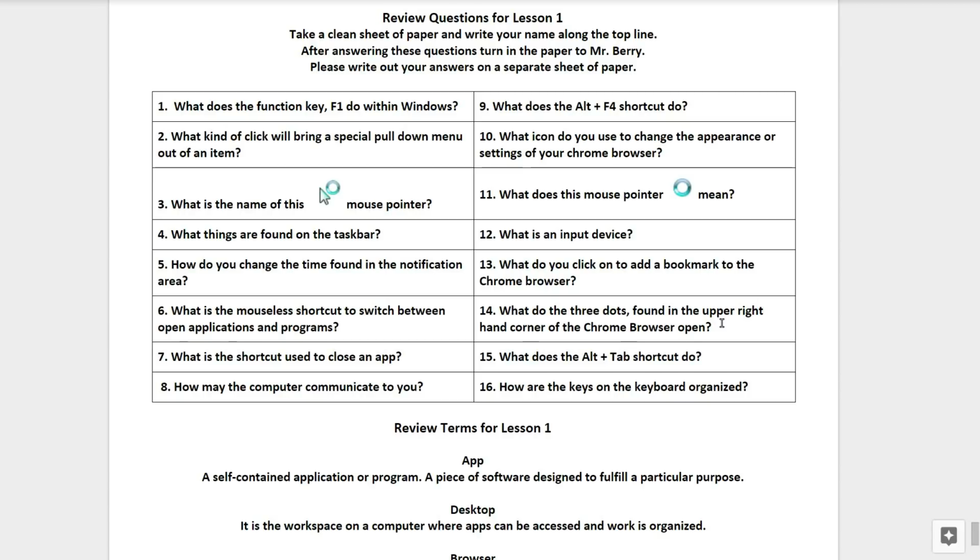How may the computer communicate to you? Number 9. What does the Alt F4 shortcut do? Number 10. What icon do you use to change the appearance or settings of the Chrome browser?